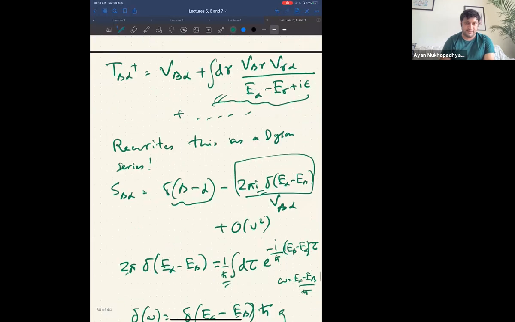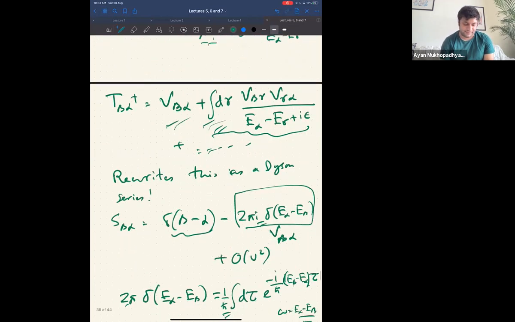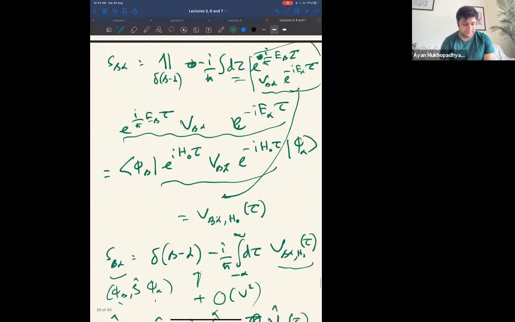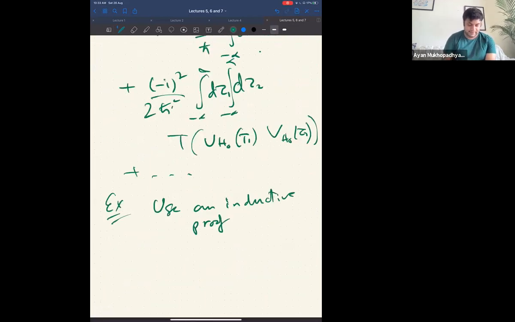So if I write this integral equation for T beta alpha, I wrote the first and the second term, I would get all possible such terms one by one, right? And what I ask you to do is an inductive proof. I've already shown you for the first two elements how it works. And if I keep going on like this, you will see that I will be able to prove that the